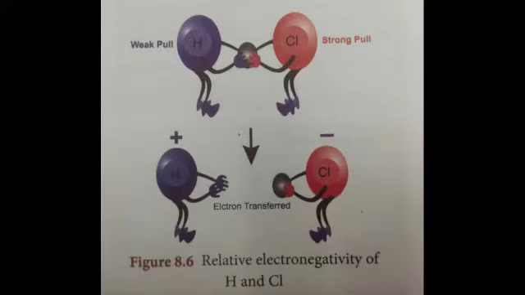Electronegativity. Electronegativity of an element is the measure of the tendency of its atom to attract the shared pair of electrons toward itself in a covalent bond. Let us consider the hydrogen chloride molecule. Both the hydrogen and chlorine atoms share one electron each to form the covalent bond between them. The chlorine atom has a higher electronegativity and hence it pulls the shared electrons towards itself more strongly than hydrogen. Thus, when the bond breaks, the bonding electrons are left with chlorine, forming H plus and Cl minus ions. This is represented in this diagram.